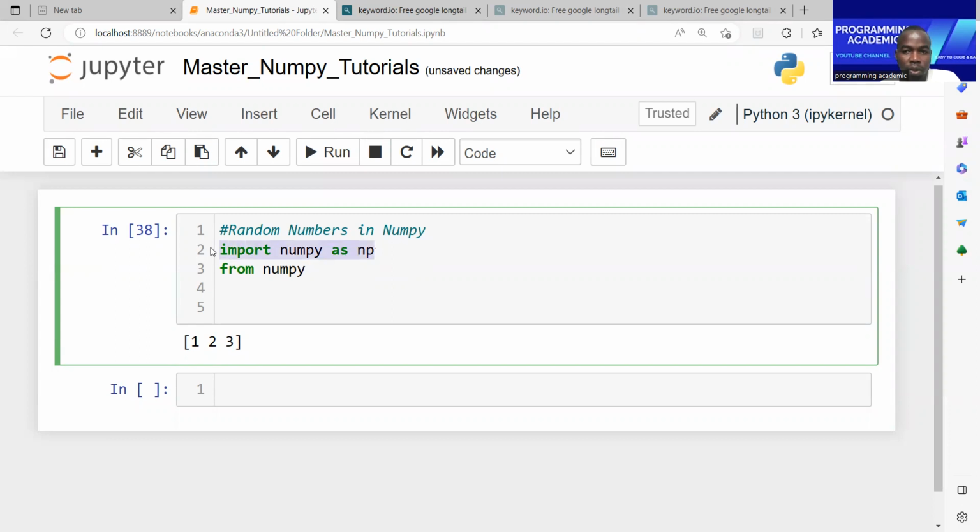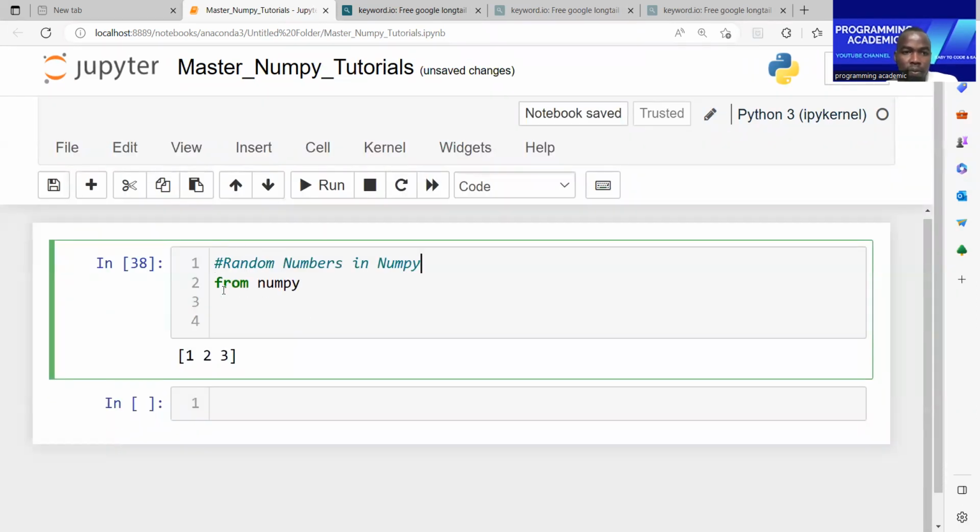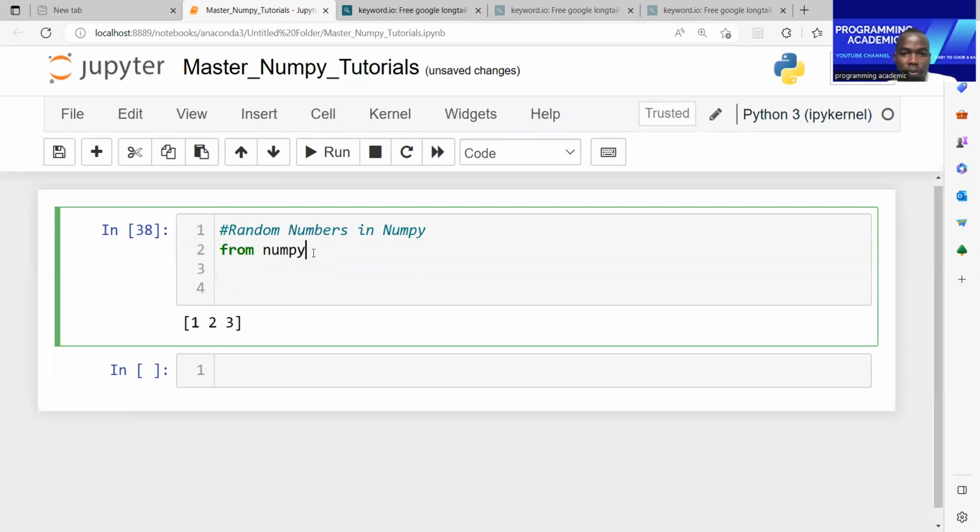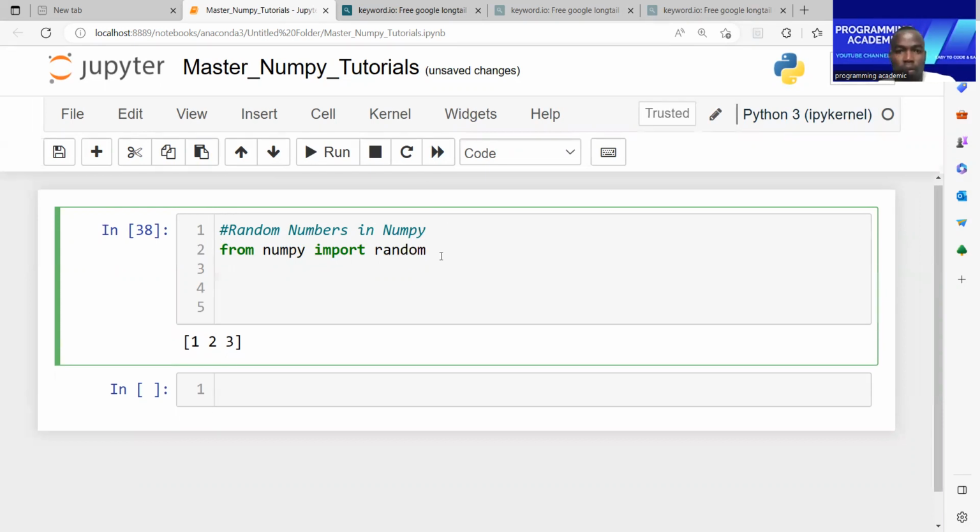So I think we don't need this one. I will now import random, and now we put x equal to